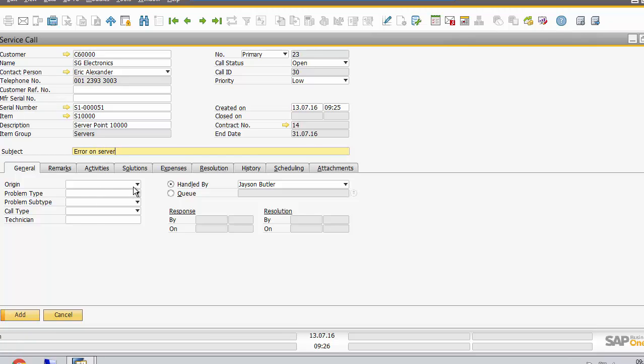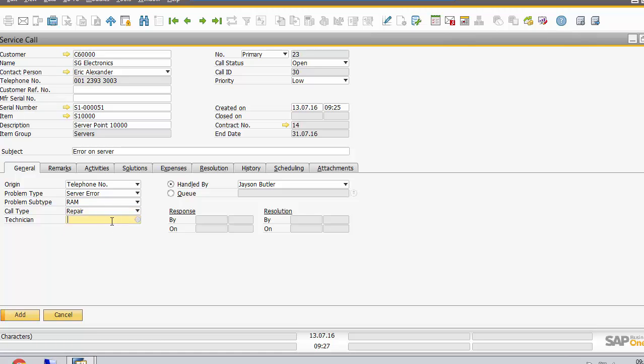So they're going to call in. You can obviously add your own problem types here. These are just examples. They're getting a server error. And based on the phone call, we suspect that it's RAM related. And the question is whether it's a repair or warranty repair or some other call type that you care to create yourselves. So in this case it's a repair, so they'll probably be